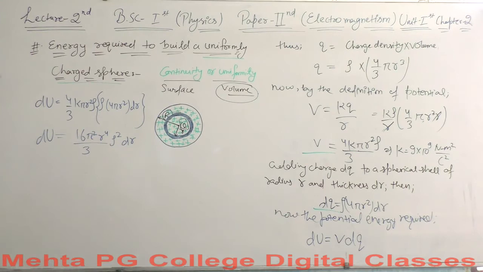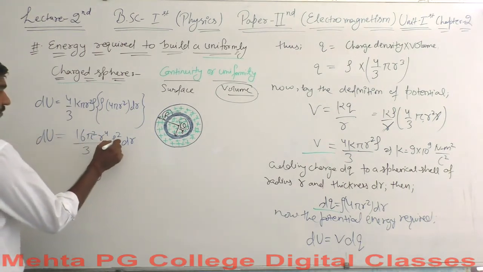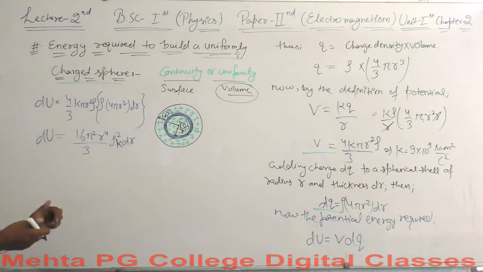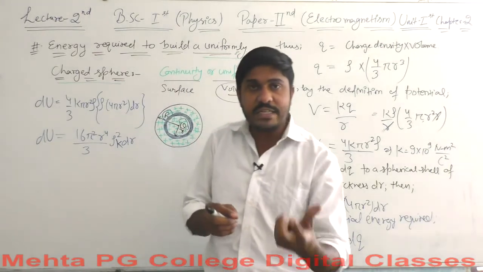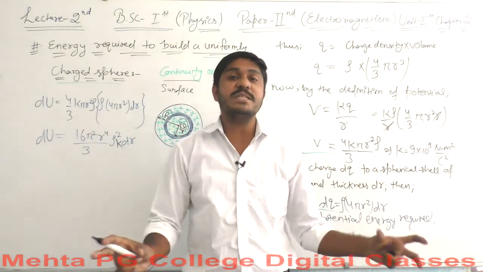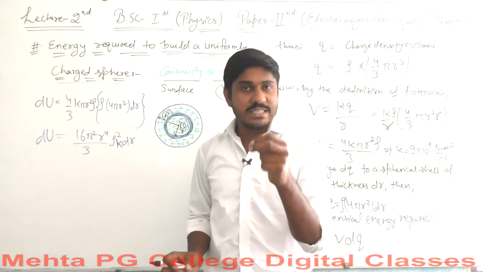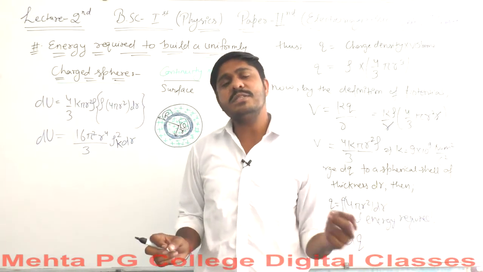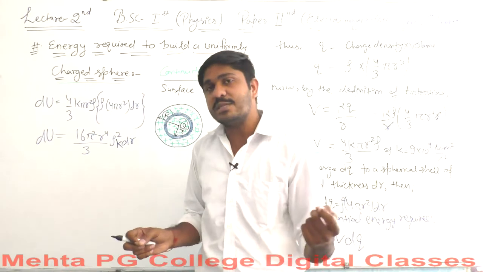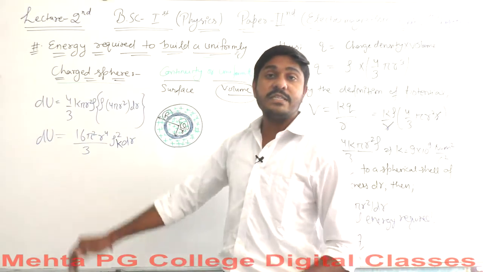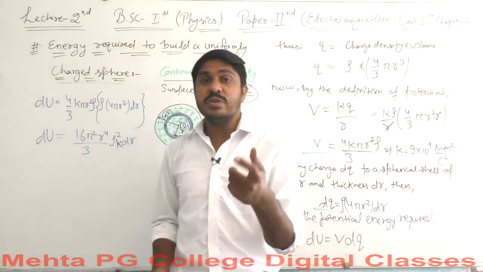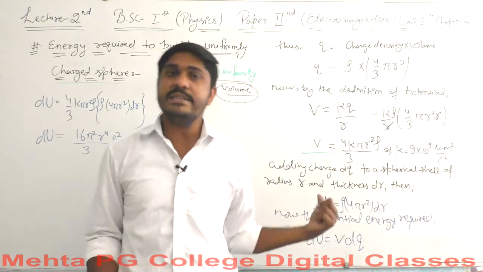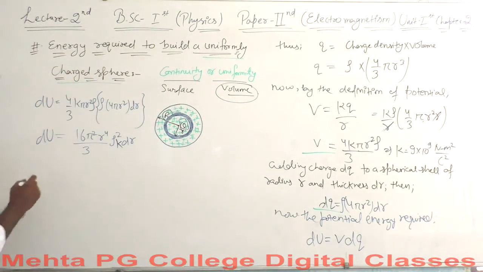Well, by now we need the whole energy. Something that remains here is the k. We forgot something, k also. So this is the amount of energy to build a literal spherical shell. So the whole amount of energy is given by summing up all these small values. And in simple terms, for an infinitesimally small volume, we can simply replace the summation sign with the integration sign. So now we will integrate this equation. Okay. So now let's integrate.